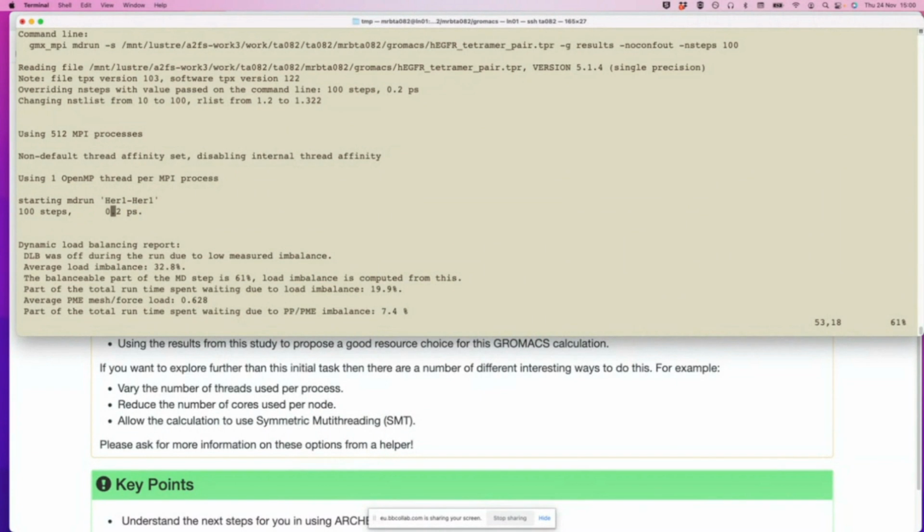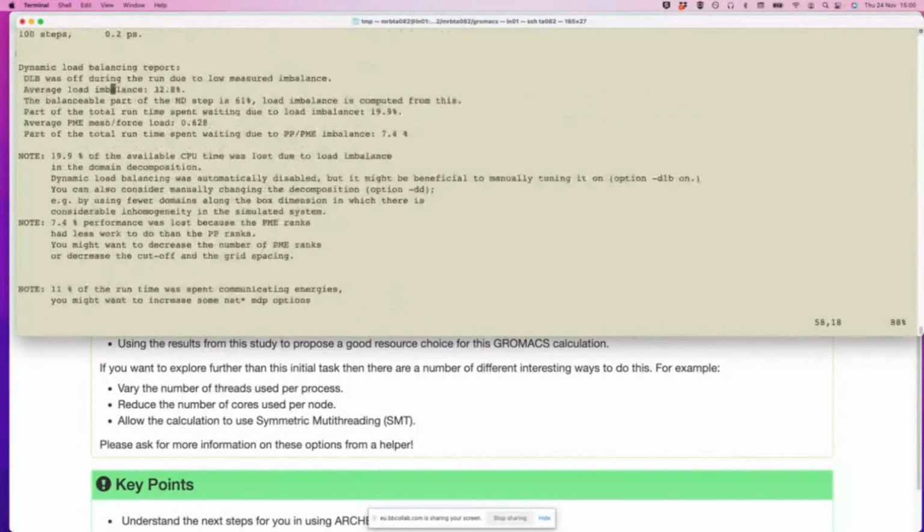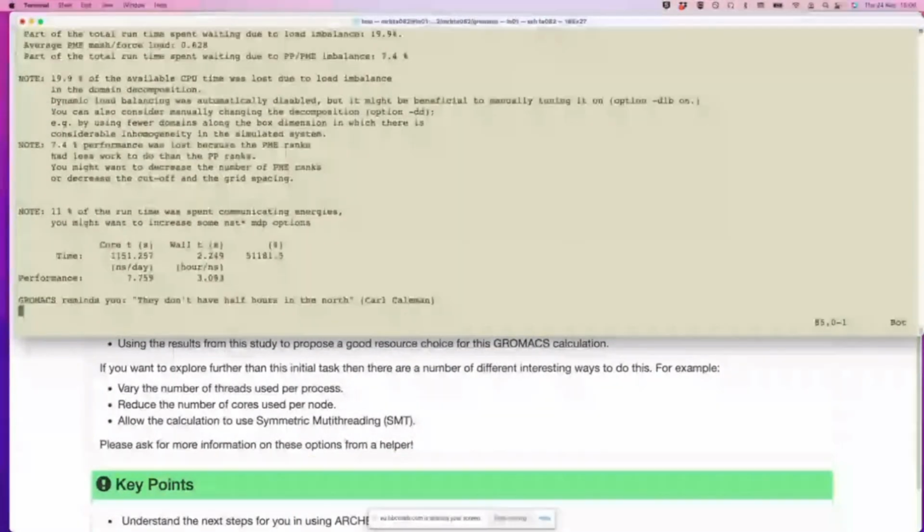It might mean, and I think that's what that means. And the great thing about the GROMACS code that I like is that it will give you the performance at the end of it. And it gives you a nice quote as well. But basically, the performance is the interesting thing, because it tells you that in a day's worth of compute time, if this was to run for a day, then you would have simulated